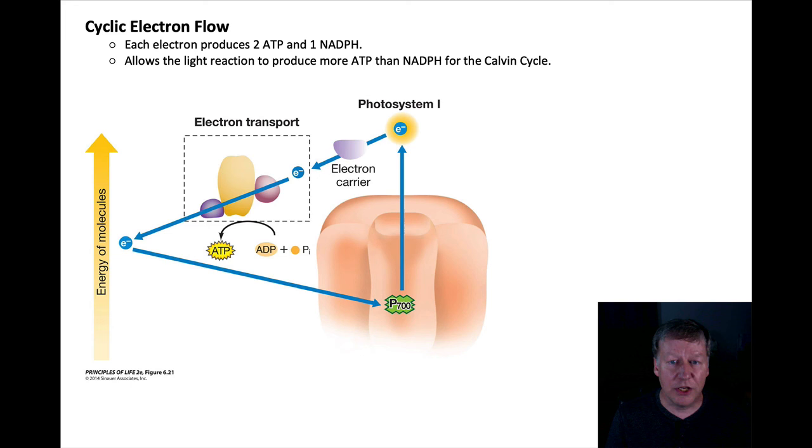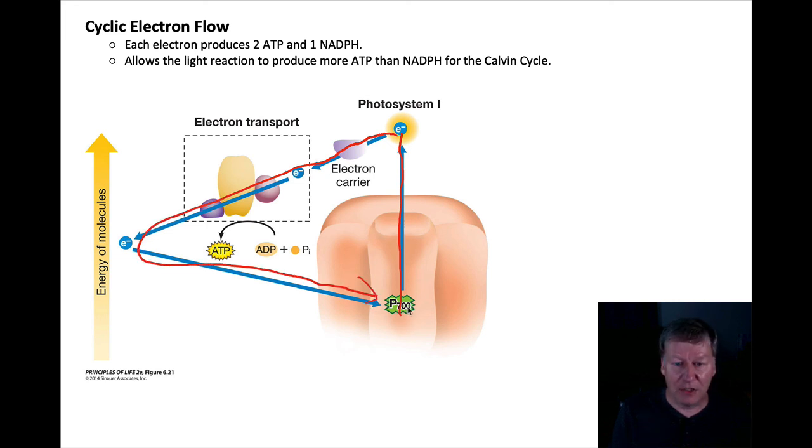The solution is to use what is called the cyclic electron flow. 1 out of every 2 electrons follow an alternate pathway. So half of the electrons going through are going to follow the non-cyclic electron flow, exactly what I showed you above. This one, however, is going to do something slightly different. The electron is going to get energized, just like normal. It's going to go down an electron transport chain, pulling a hydrogen through. But when it reaches the second photosystem, photosystem 1, it is going to get energized again, but instead of being passed on and joining with NADP+, it is going to be passed back through the original electron transport chain one more time,